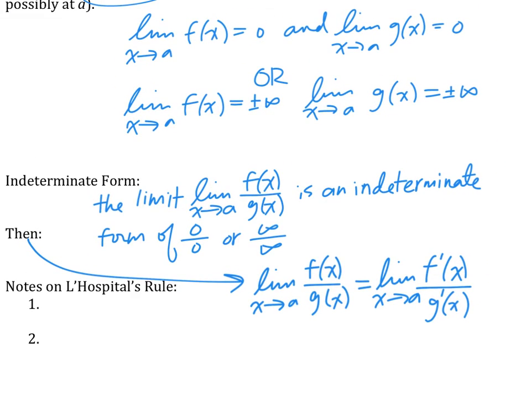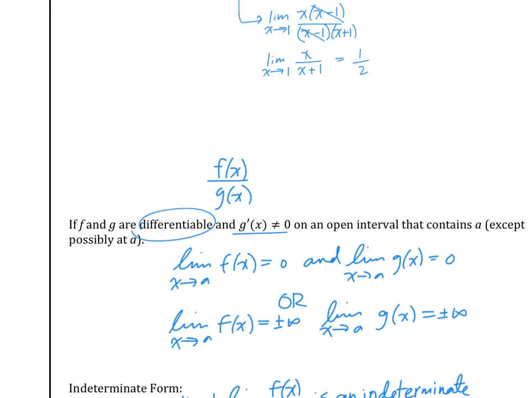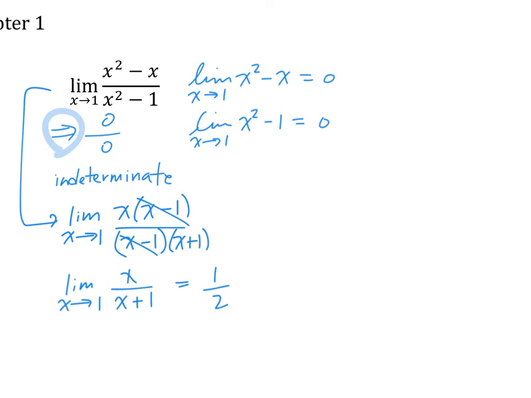If it's not indeterminate form, we'll check. Okay, let's look at this first one. This was in the indeterminate form, right? Top goes to 0, bottom goes to 0. So according to L'Hopital's rule,